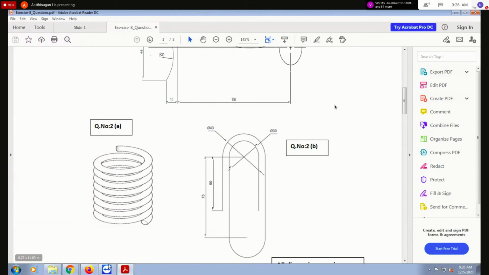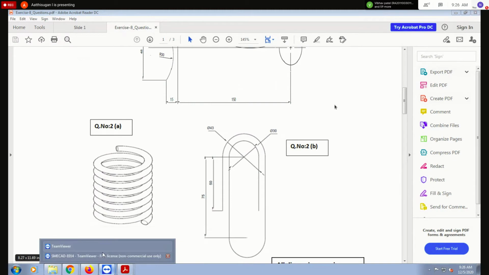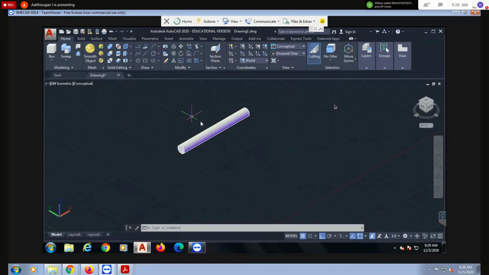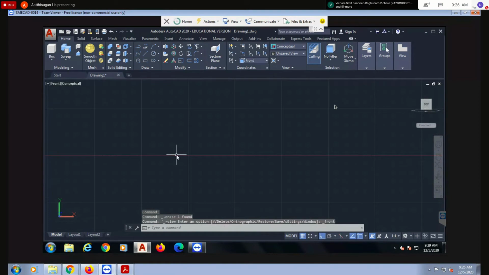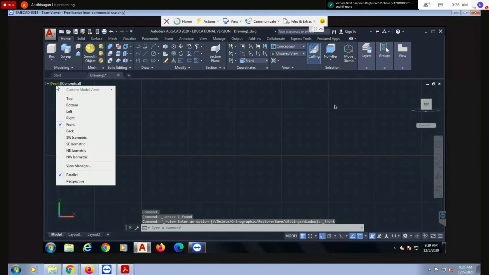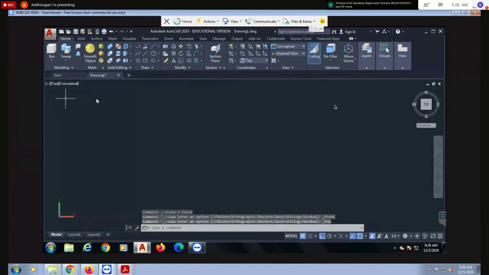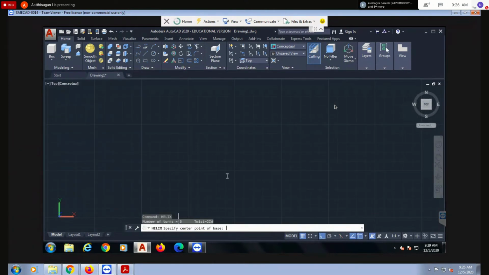For example, see. It is a front view, but I'm going to take it as a top view. You can use the helix command: helix, center point, base radius.